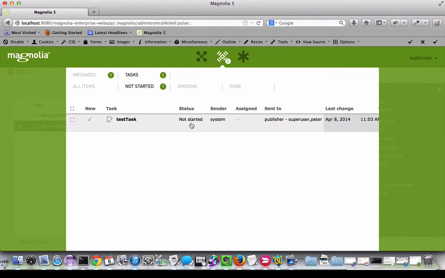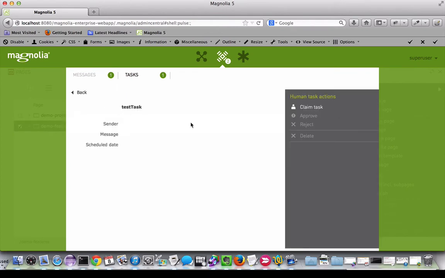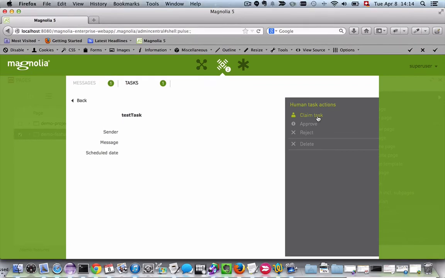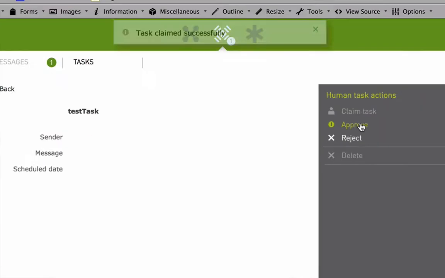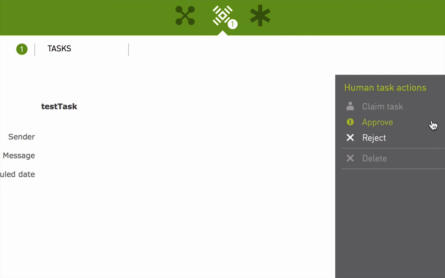Now, if I double-click and open a task, I see the available actions. At the moment, I have only one action to perform, which is to claim the task. Of course, we cannot do anything else as long as we don't claim a task for ourselves. So we claim it, and as you can see now, the action availability has changed and we can approve or